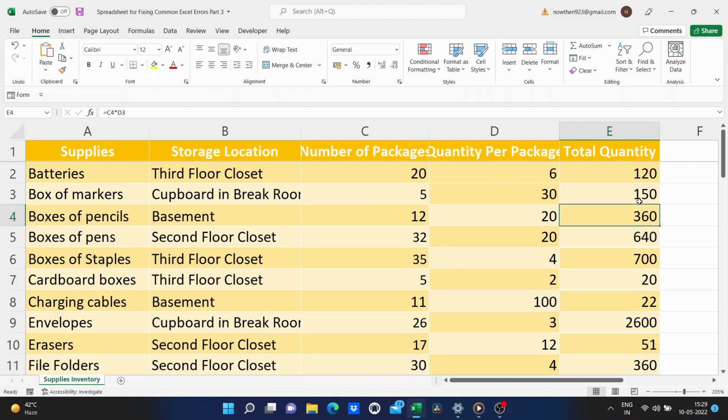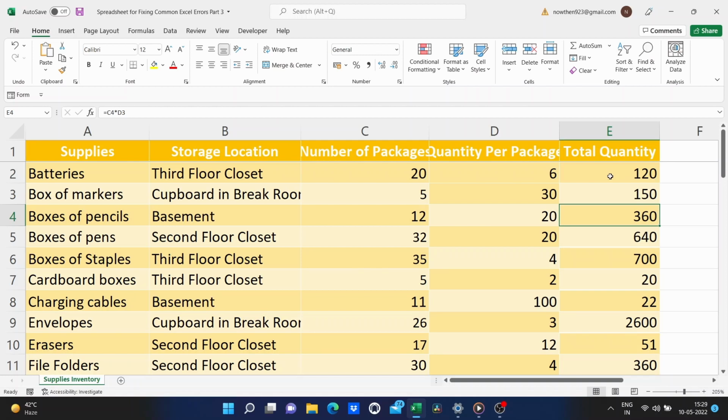Now let's move on to the value error. You'll get the value error when you use the wrong function argument, or often when you're trying to combine different types of data that really don't go together. Like a number plus a text, or maybe you're multiplying a word by a number, which won't make sense in most cases.